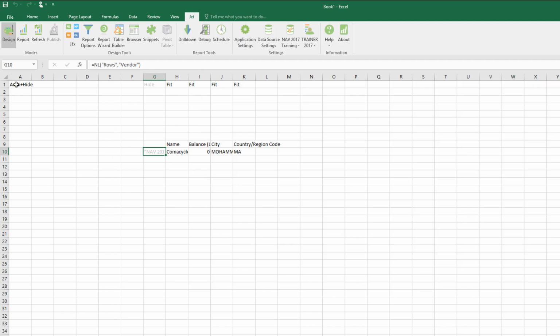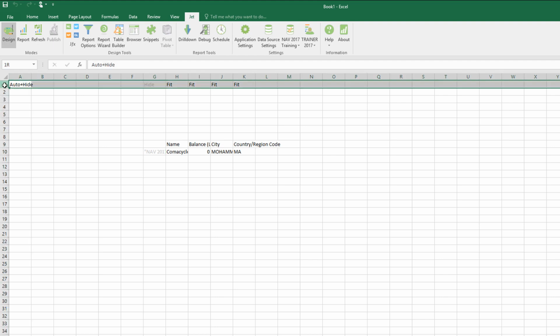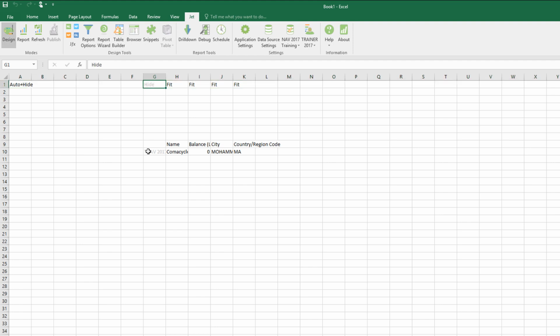It's inserted the auto plus hide, so it's got Jet functionality, and it will hide column A and row 1. Within row 1, we see there's a hide command to hide the NL rows connector that's talking to the vendor table, and we've got the fit keyword in the four NFs that it's done for us, which bring through each piece of information I require: the name, the balance, the city, and the country region code. So if I refresh this,